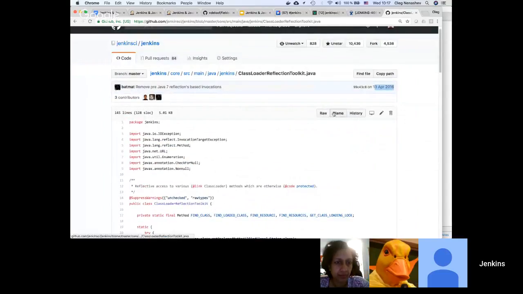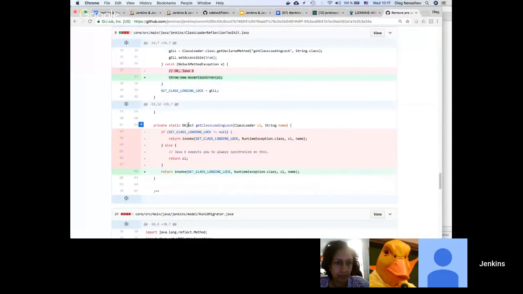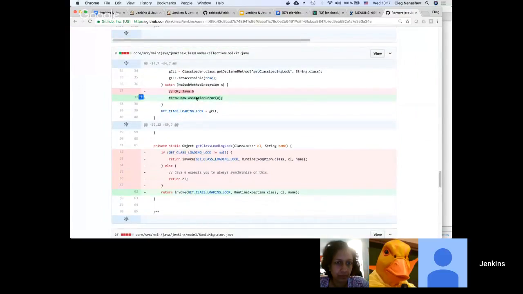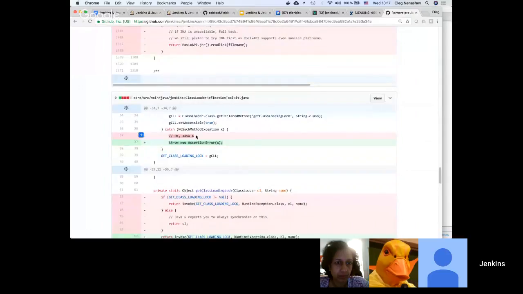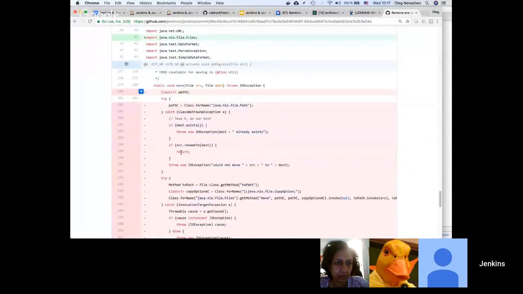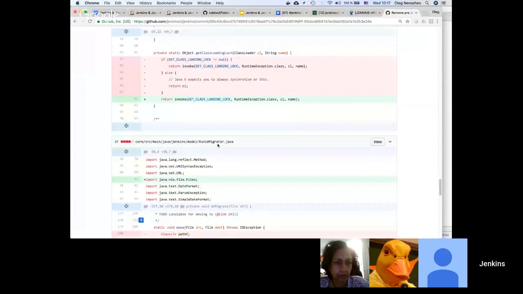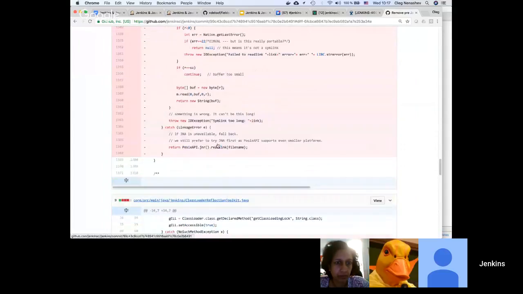But what we can see in the commit history is that Baptiste Matos in 2016 has already patched something. And what we can see here is that there are patches. For example, you may see that there are some reflection bits fixed, and let's see whether it fixes our particular case.